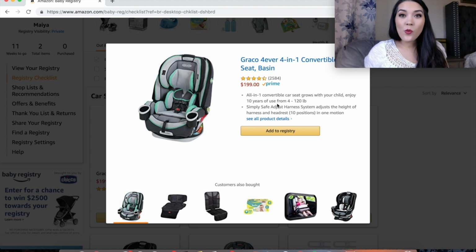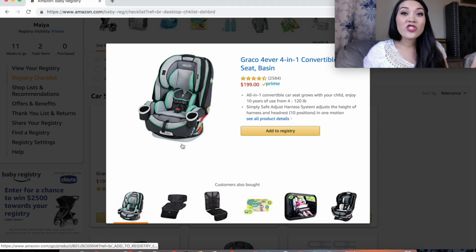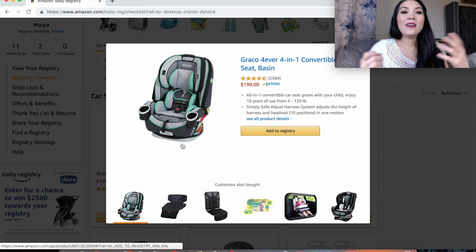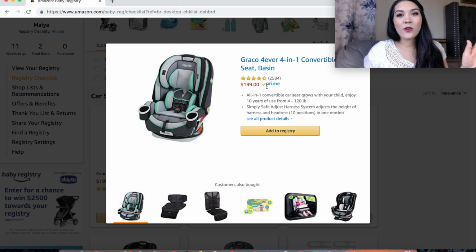The last thing you want is to get to Target and have a sleeping newborn in the back seat that's asleep in a convertible car seat, which does not click out. So if you want to get out and go, you have to unbuckle your sleeping little infant and pull them out, which is for sure going to wake them up. Then you don't really have anywhere to put them unless you put them in a carrier or you hold them the entire time. Trust me, you don't need this convertible car seat until your child grows out of an infant